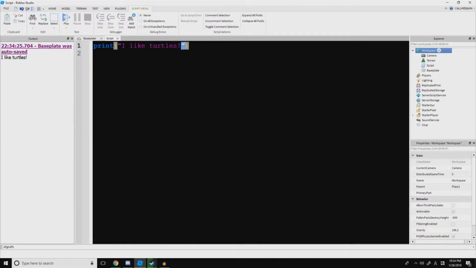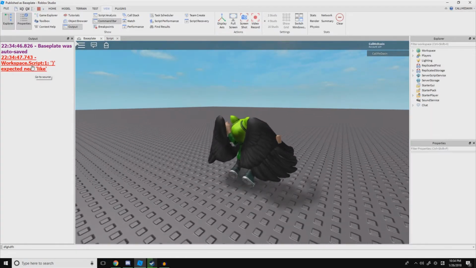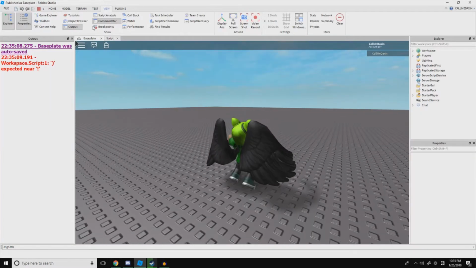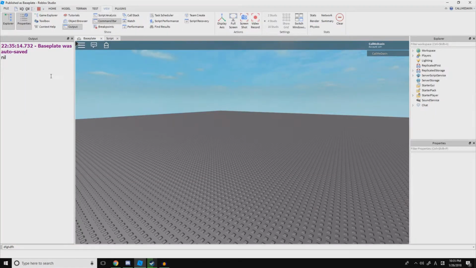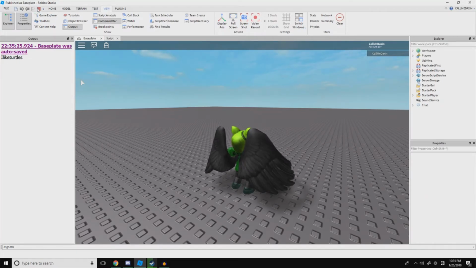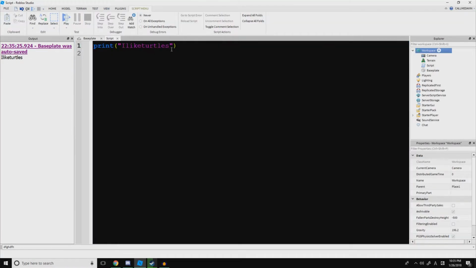Okay, you see these quotes right here? If we remove them, it will give us an error. That is because it thinks it's not a string. If we remove these, you see it would... Oh wait, give me a second. Remove that. It will say nil because it doesn't exist. But if we put in the quotes, it will print I like turtles. Now, if you don't know what I'm talking about with this nil thing, I'm just gonna show you real quick in a bit. There's a few more things we can do, so let's just remove this and